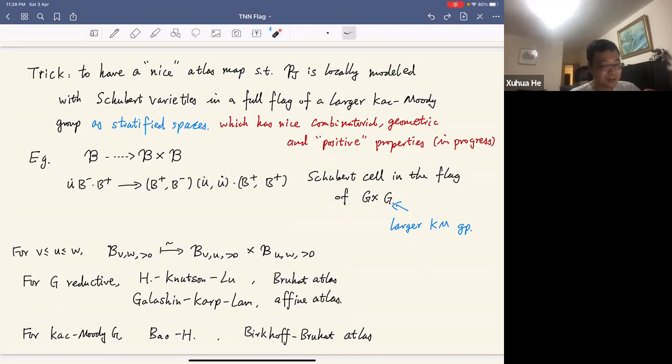So the opposite decomposition into the opposite Schubert cells is also actually called the Birkhoff decomposition. This is the reason I will call this the Birkhoff Bruhat atlas. Since I'm almost running out of time, I'm not actually going to give you the definition of this,